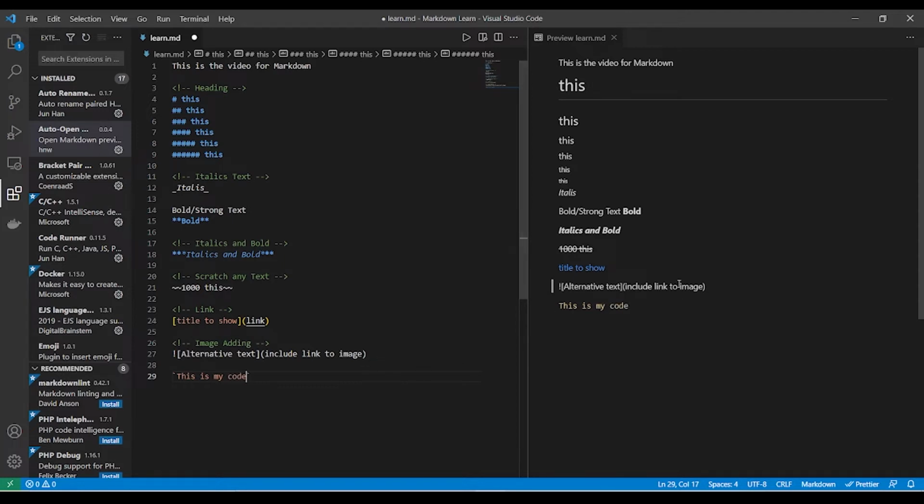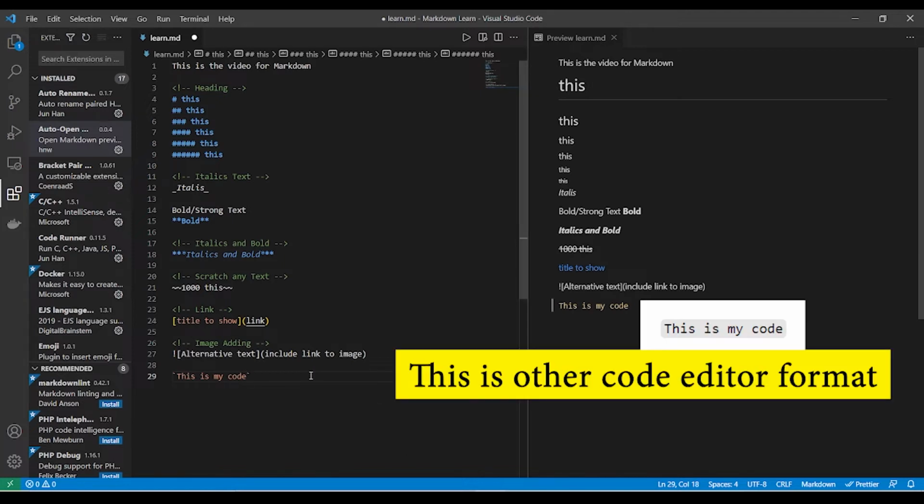Okay, so you can see that it has come out with a different color. It is a different color in VS Code, and different in other editors. I'm using the dark theme of VS Code, that's why it's showing in this color. Usually it's in a grayish color.